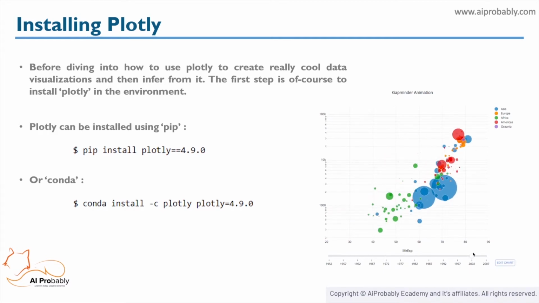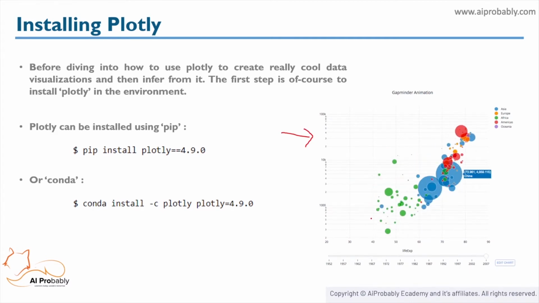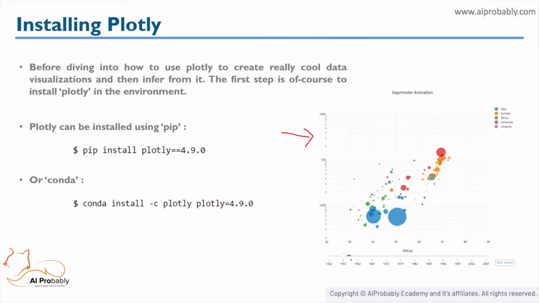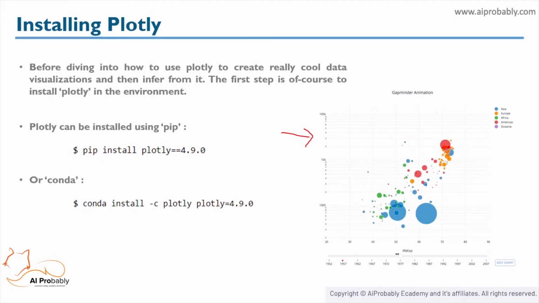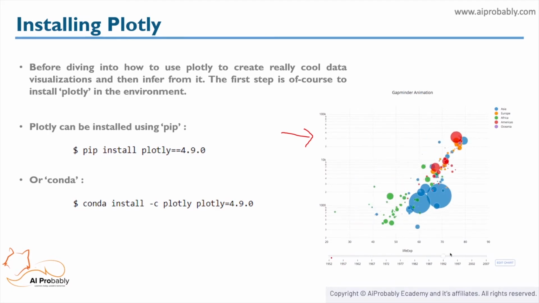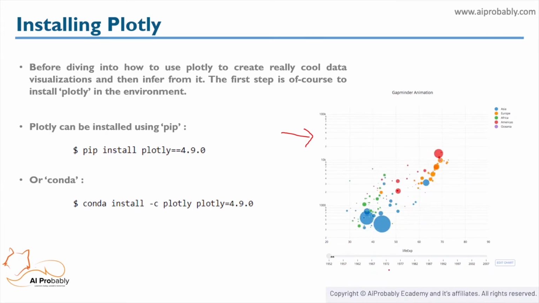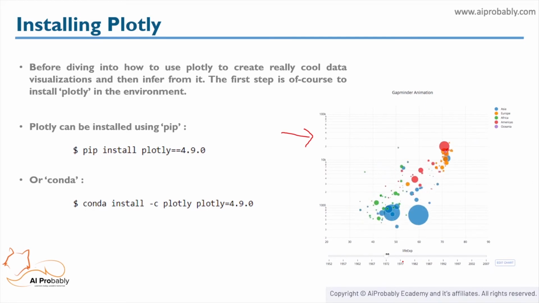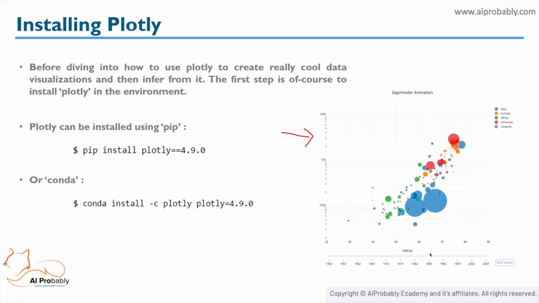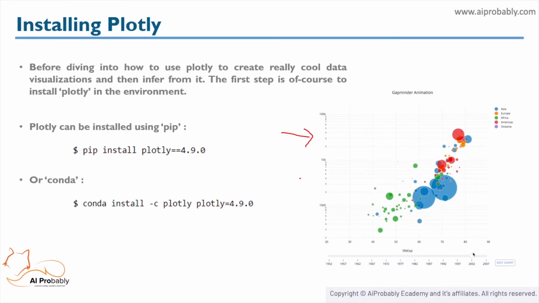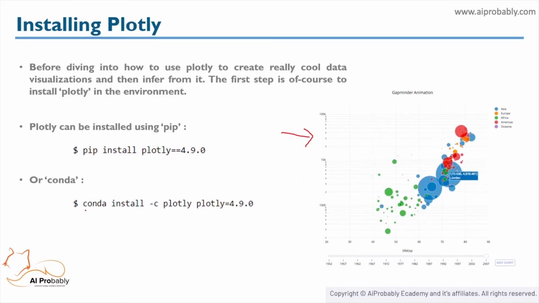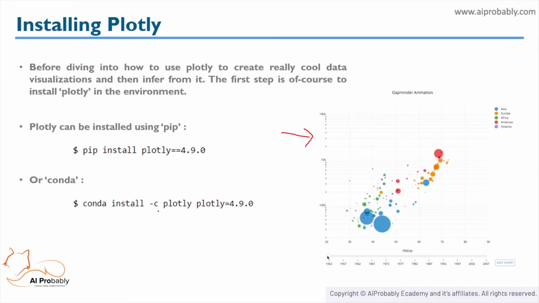So here is an example of what I was telling you earlier. This is an example of an interactive graph. Here we can see that it is a time series. As the cursor moves from 1952 to 2007, the data changes correspondingly. So it shows the value of 1952. Then if we change the cursor to 1977, it shows that value, and like that. So we can interact with the graph like this. You can also install Plotly using Conda. The command for that is conda install -c plotly version.